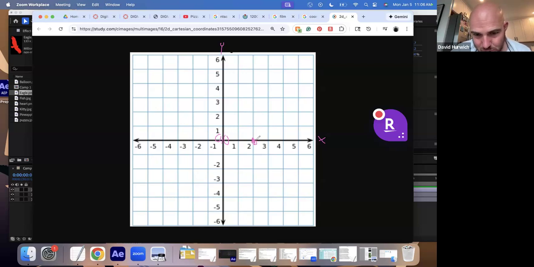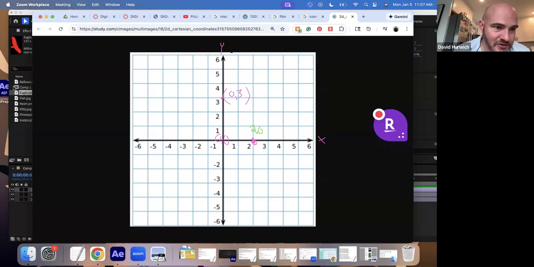So if I had this point here, I could say that point in space is at 2 in the x and 0 in the y, right? Or if I had something over here, you might say this is 0 in the x and 3 in the y, right? And this is how we come up with a point in space using math. This is called a coordinate plane. And we basically do the same thing